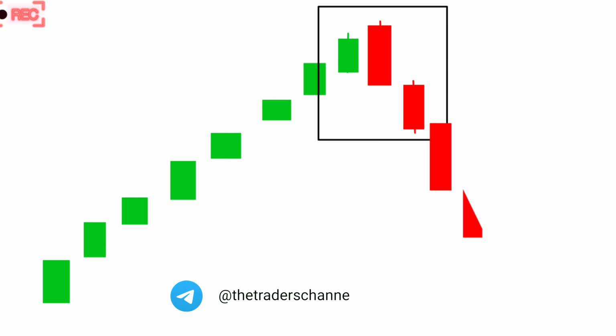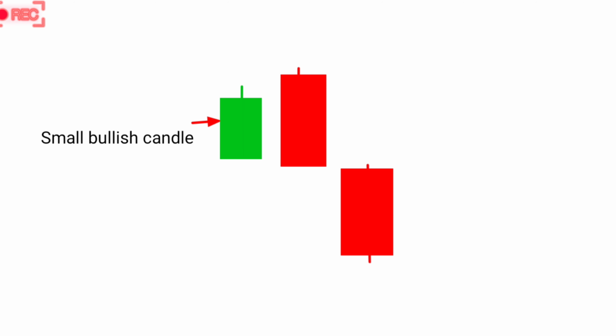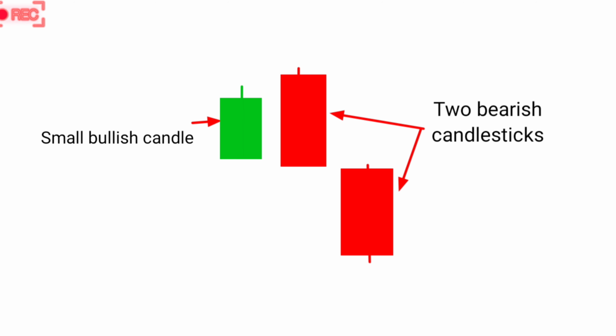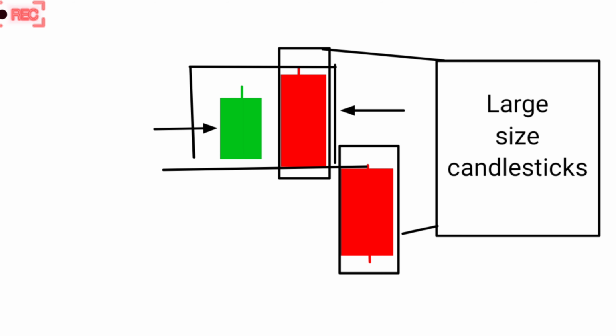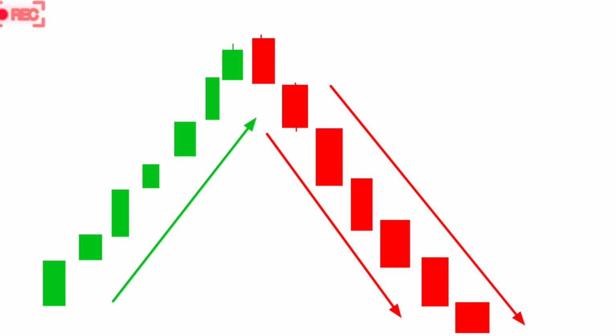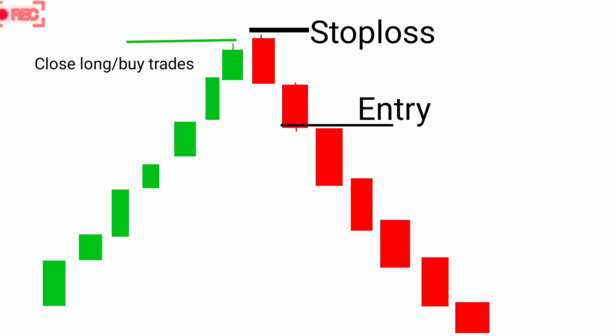The three outside down is a bearish candlestick pattern that appears at the end of an uptrend. It consists of three candlesticks, where the first candlestick is a bullish candlestick, followed by two bearish candlesticks. The second and third candlesticks are larger in size and completely engulf the first bullish candlestick. The pattern suggests a shift in the market sentiment from bullish to bearish as the bears take control of the market. Traders can use this pattern as a signal to enter short positions or to take profits on their long